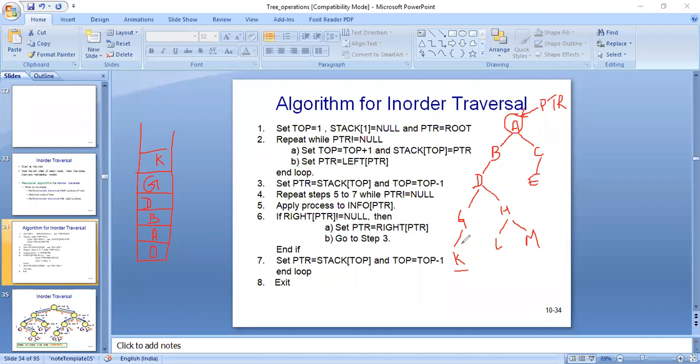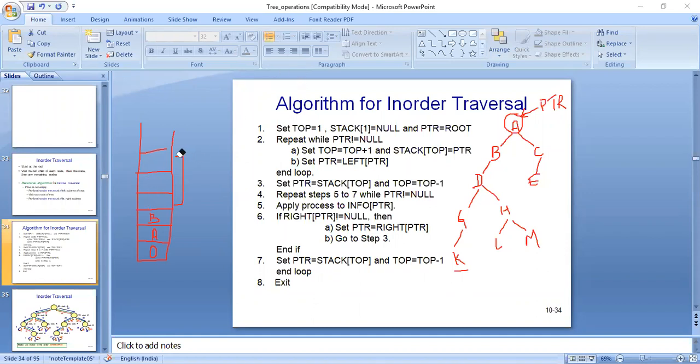And we stop the processing at D, since D is having a right child. So we will set the pointer at H then. You can check over here, G is not having a right child. So we will backtrack until we find a node with a right child. So G is not having a right child, D is having a right child. So we will pop these three. So now we are going to pop K, G and D.